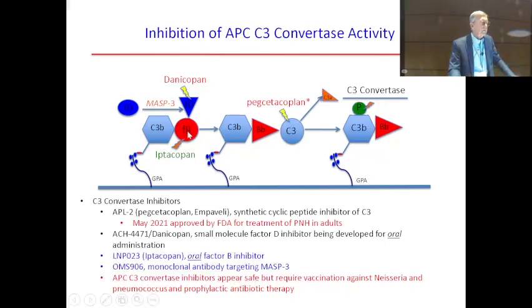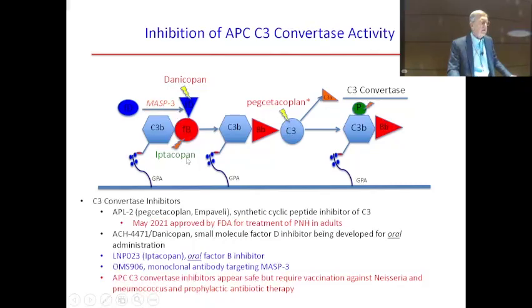Recent interest in this protein that is an inhibitor of factor B. And this is interesting because this is an oral inhibitor of factor B, so it can be taken twice a day, and in initial studies appears to be very effective in blocking formation of the C3 convertase. And of course, if you block that activity, then you'll block the downstream effect, so you won't form the membrane attack complex either. And so iptacopan has